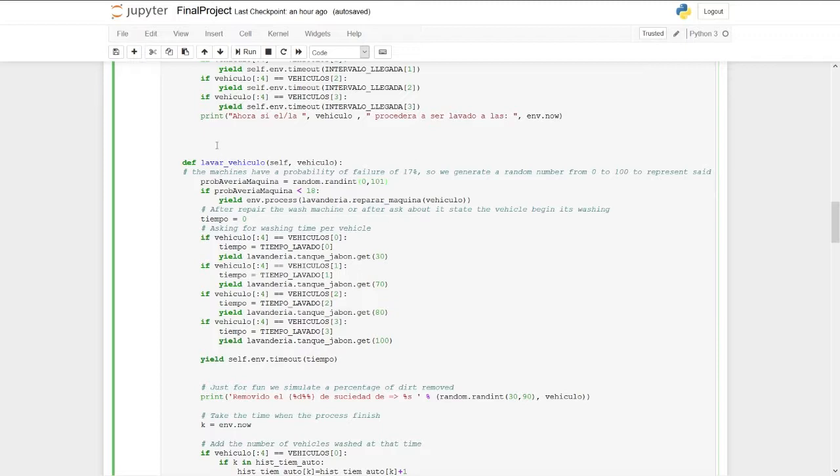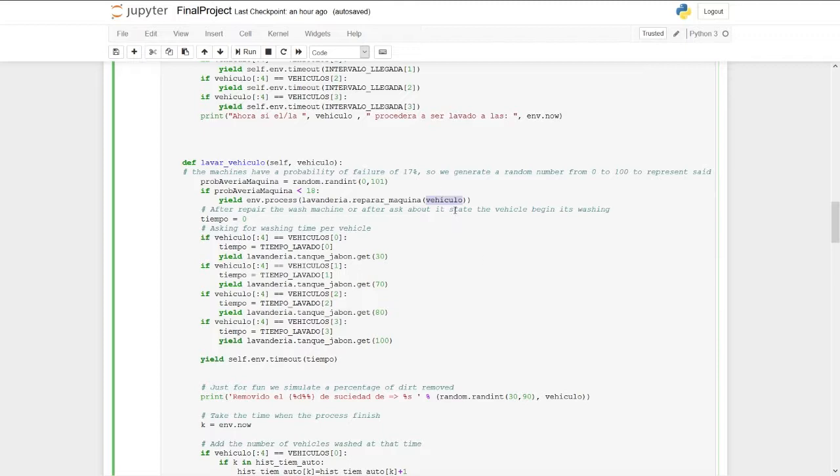We ask if the probability is below the minimum probability constant, and if it is true, the environment has to execute the repair method, and we have to send the kind of vehicle and